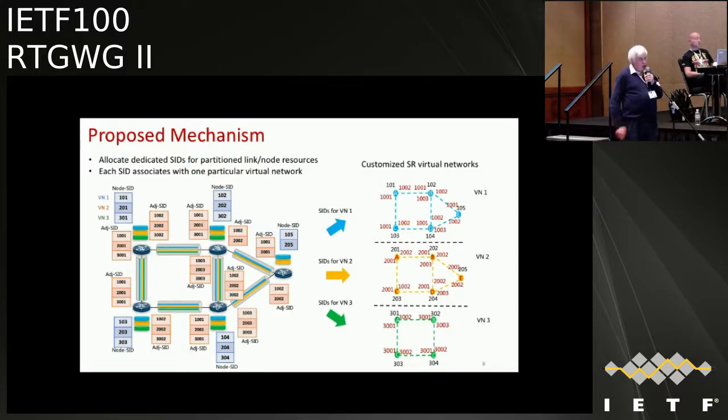Right. But by using a SID list... RSVP would require a single label that went end to end, right? That you swap at each node, but it would have to be one per service. This allows you to have fewer, because if you can share a resource, then you don't need to have a dedicated label for it. But when you pop into a more contended area, then you pop down to the label that gives a more specific resource.